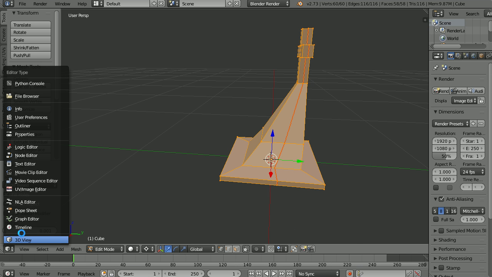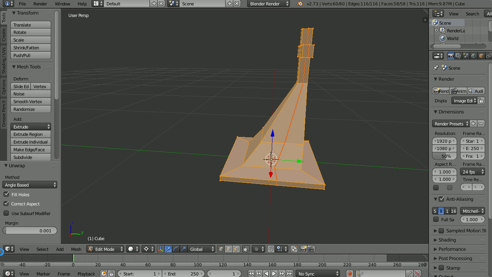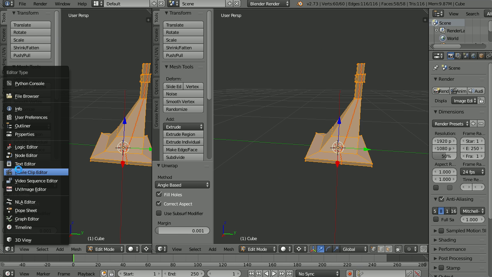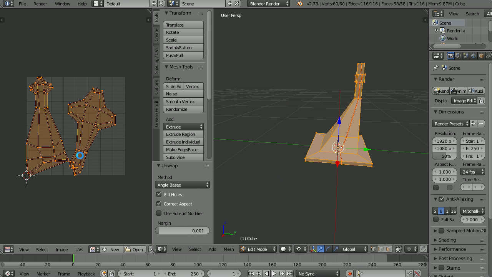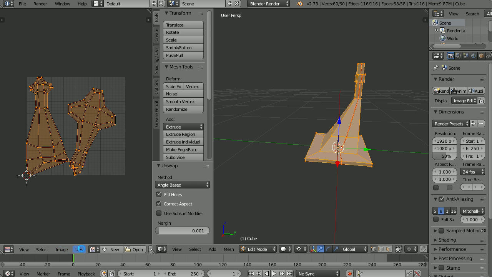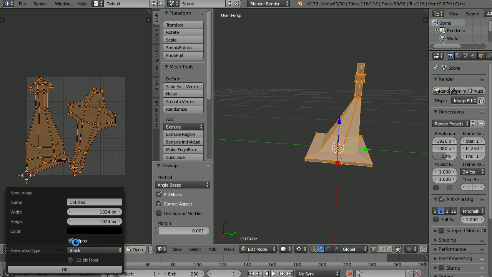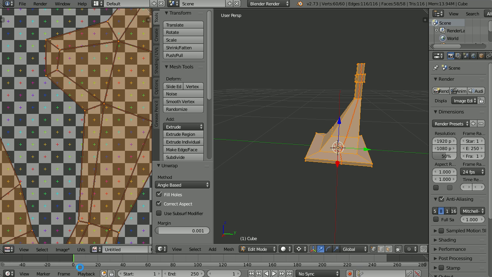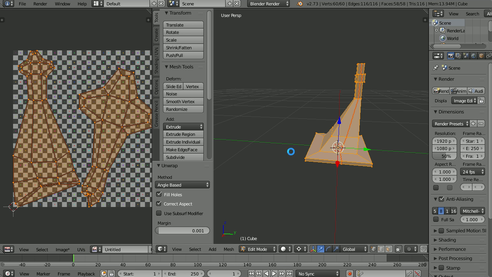And if you want to see what that looks like, we can just drag our split window out, go to UV image editor, and there, that should work. If we were doing this for real, it'd take a little bit of time to clean up our UV maps, but we can go ahead and do Image, New Image. We'll make a UV grid. 1024 is fine for our purposes, and there we go. So if we go back into this window and click on textured mode,